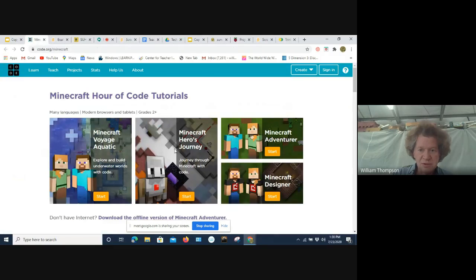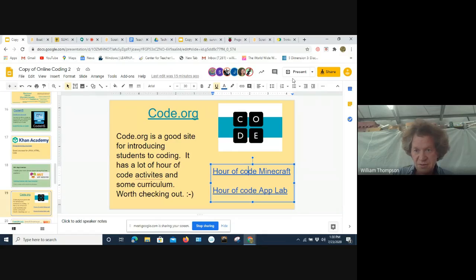So here are some of the tutorials using Minecraft, and in most of these, the person doing the activity is using code to direct the characters through the Minecraft world and accomplish little missions and things. Okay, so back to present mode.